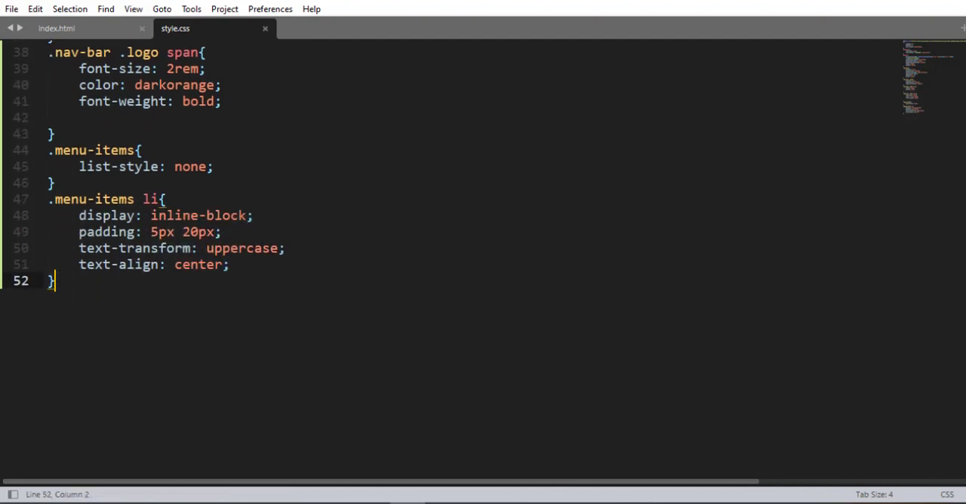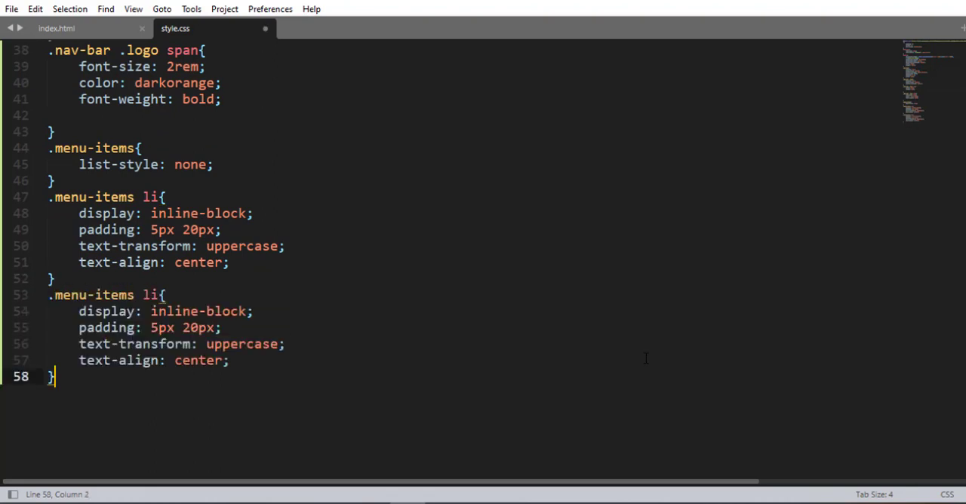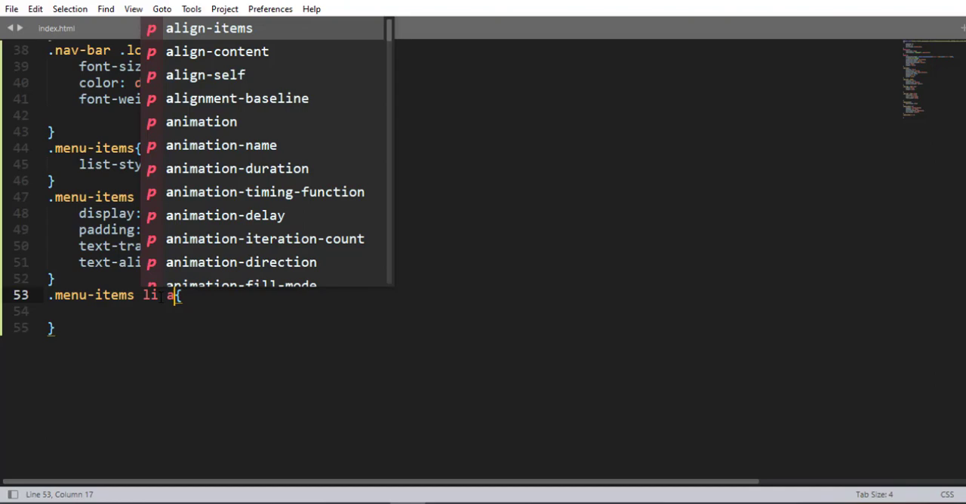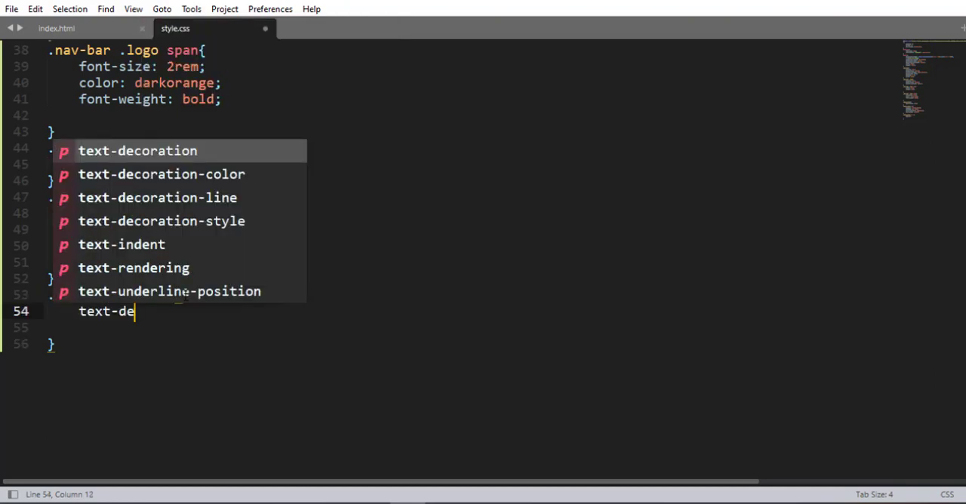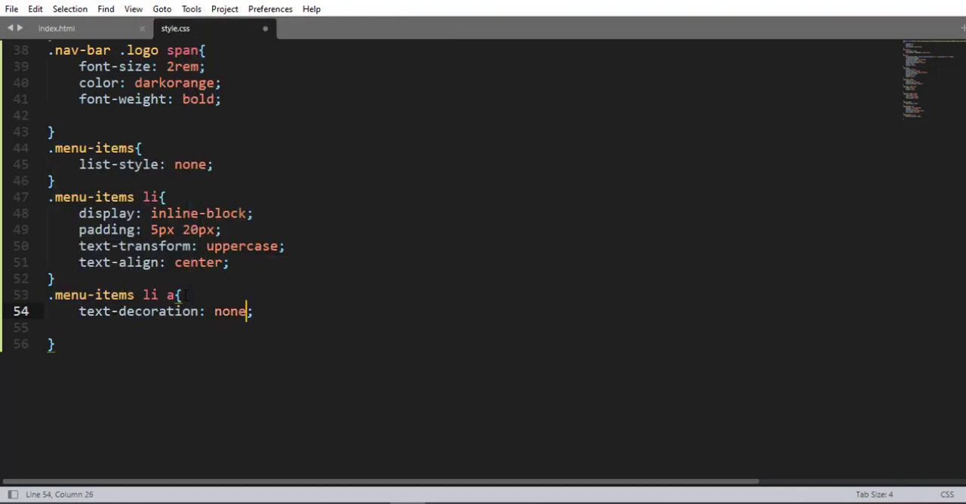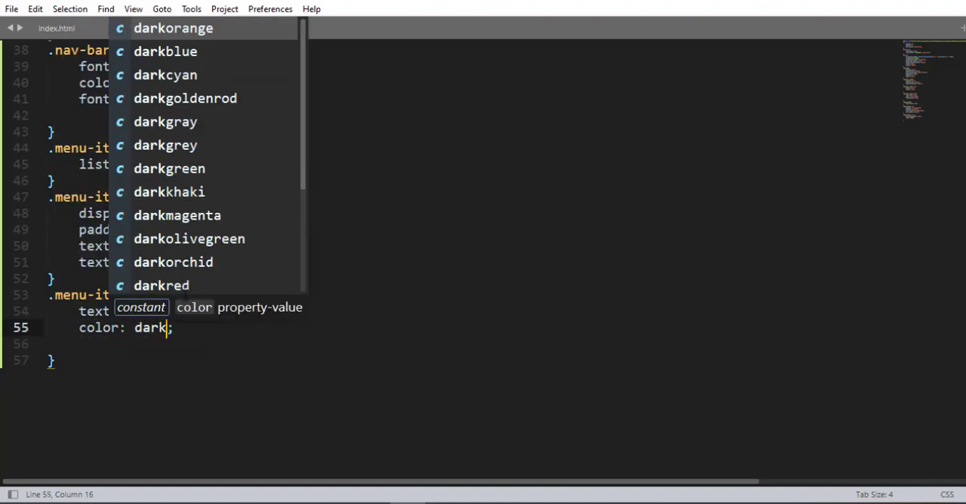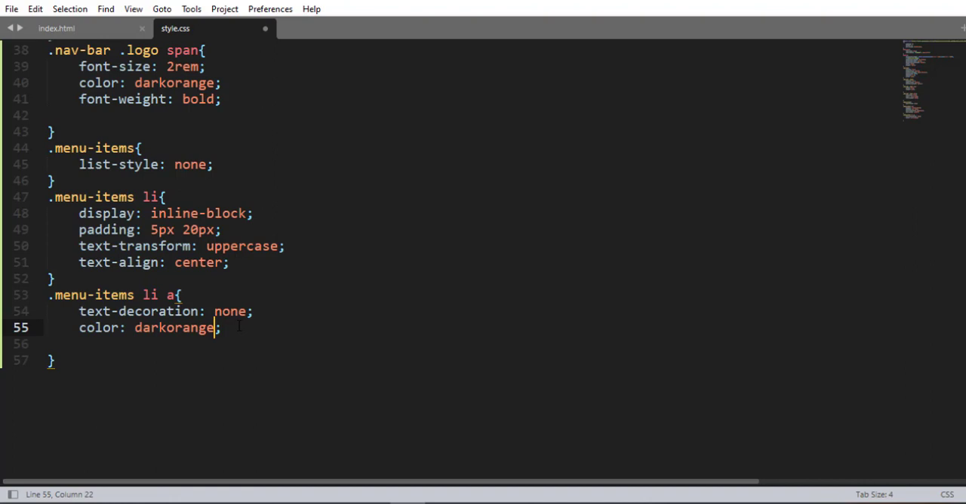So now copy this and paste right here and remove this, and then using this anchor element selector right here, let me add some property value pair. The first property is text decoration none in order to remove the underline from the link and color dark orange. So having this,